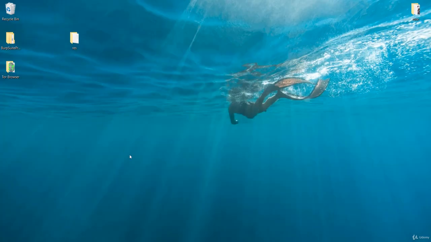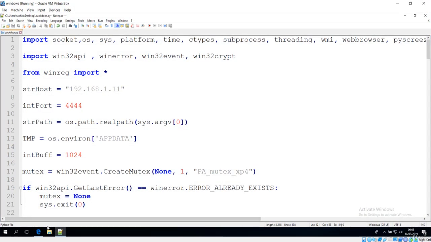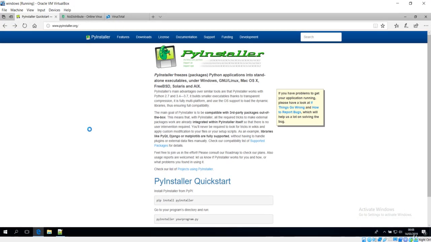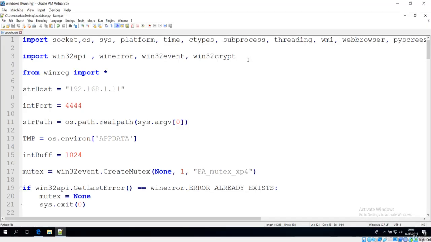So now let's open the browser and let me show you. First of all, we have to use PyInstaller, which is the package that is going to convert our Python code into executables. To install it, you can see the quick start over here. So let's copy that command which is going to install it,